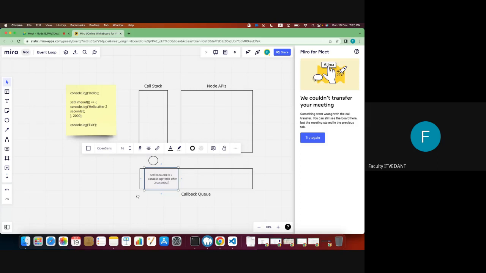So setTimeout will go away, but there is a function that needs to be executed, which is this. This is the code that needs to execute, but it is sitting in the callback queue. Now the callback queue and call stack, this will